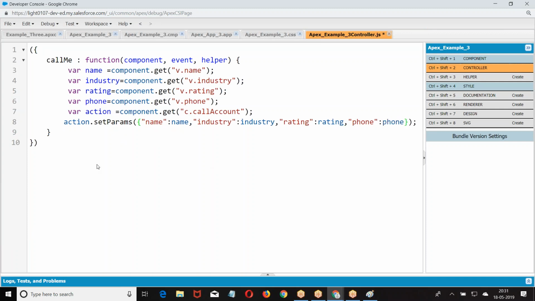So whatever values you are entering from the lightning component, I took the data, and I am passing those values as parameters. Then give the callback, action.setCallback,